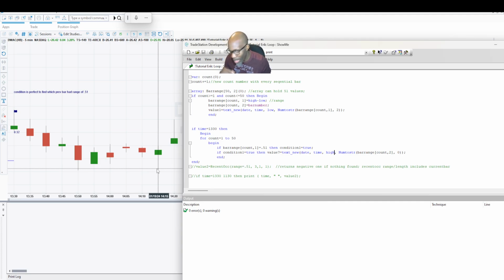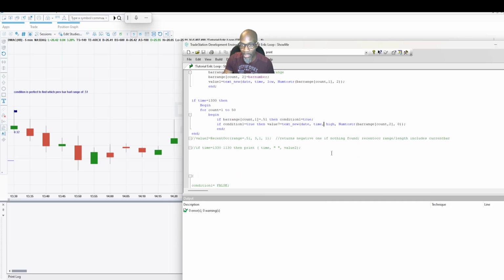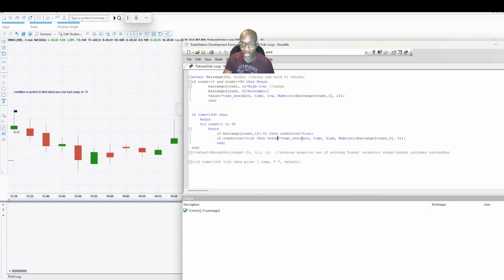Like I said, I know I can use an array inside of that loop and then kick it out and then put it somewhere else, but I don't want to go all through that right now. All right, so if condition 1 equals true, then value 7 equals text date. For count 1 to 50. And I don't know how I can get out of the array sooner than